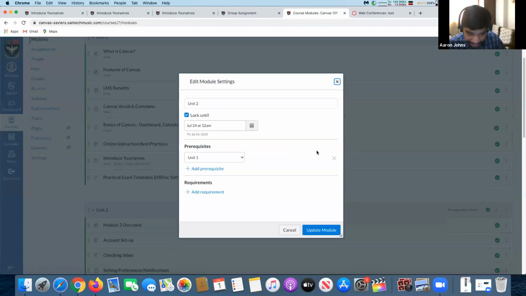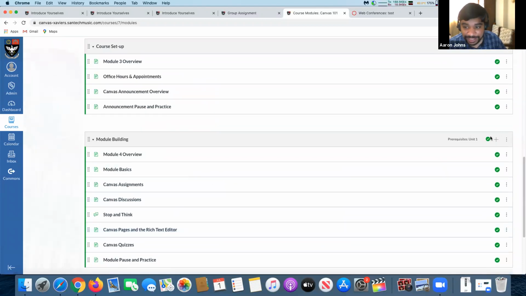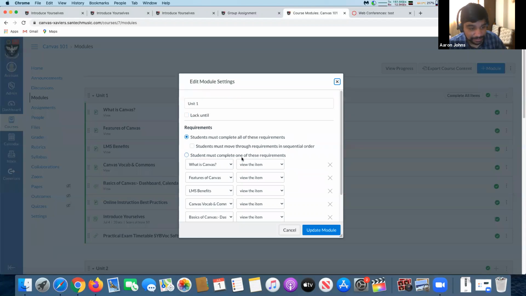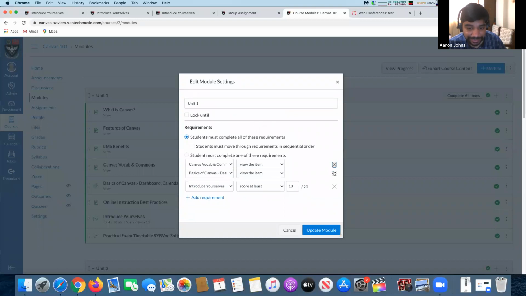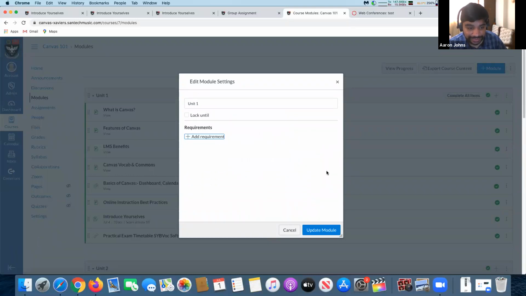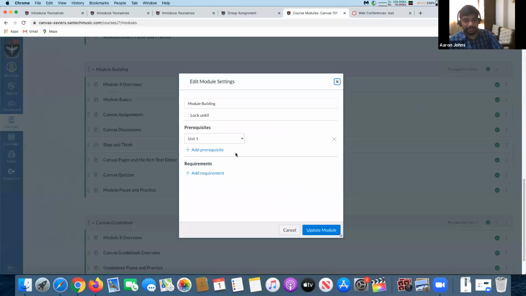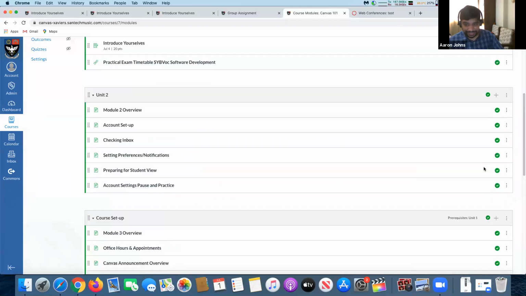But anyway, right now, since this is a learning curve for you all, I wouldn't want to lock you all out. So I think it will be wiser if I remove this prerequisite altogether right now. So I'll remove the requirements altogether, so you all can just scan through the units and go with it. So we can remove these prerequisites. So now you all can easily access the whole course and see what is in it.